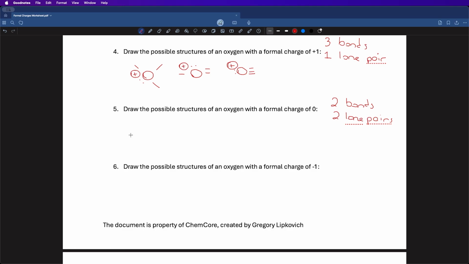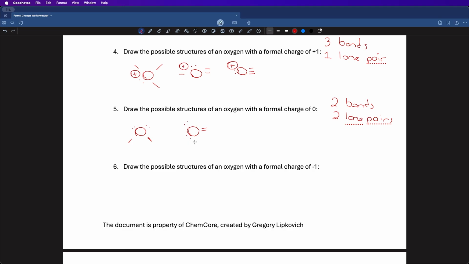In this format, we should have oxygen with just single bonds, and this could bring up the first thing you may think of when looking at this molecule: H2O. I know that's what I think of when I see something that looks like this. Another arrangement that we can make is just a double bond, and by doing that and 2 lone pairs, we